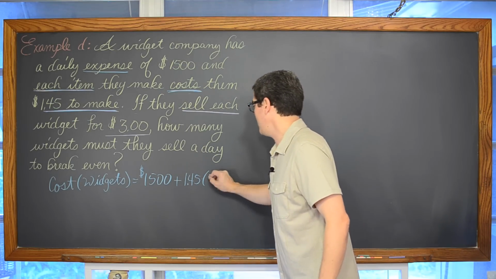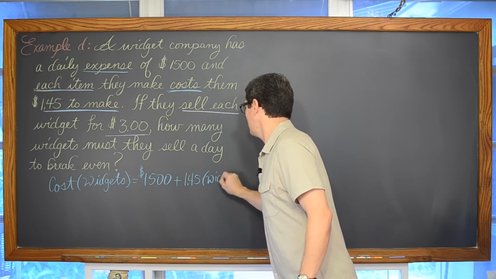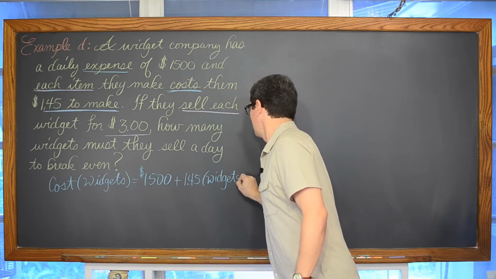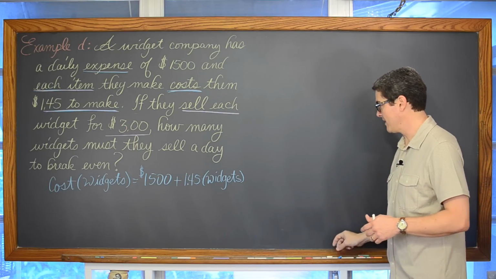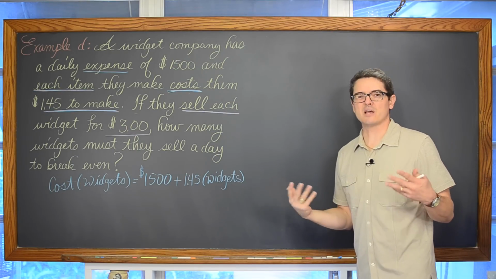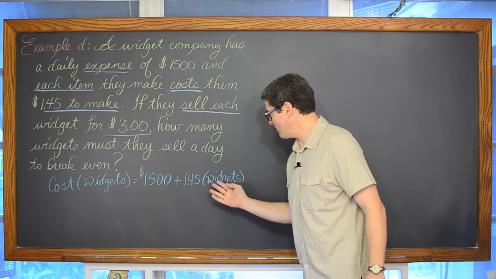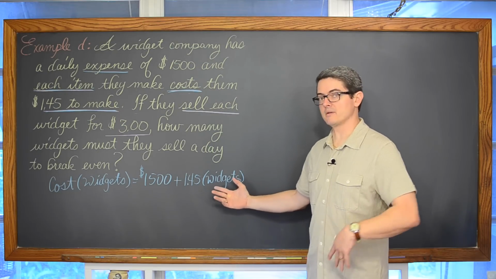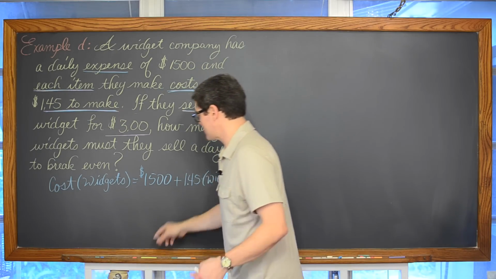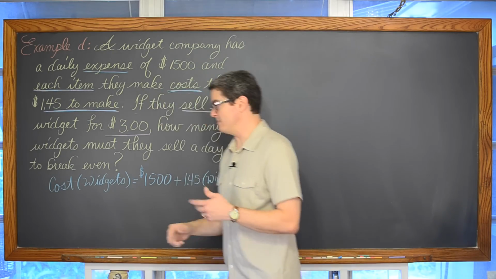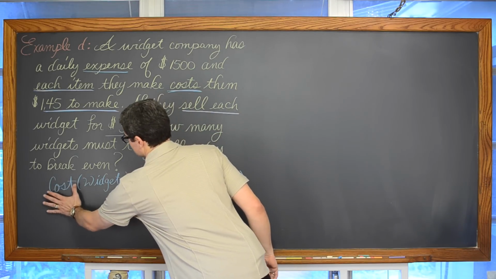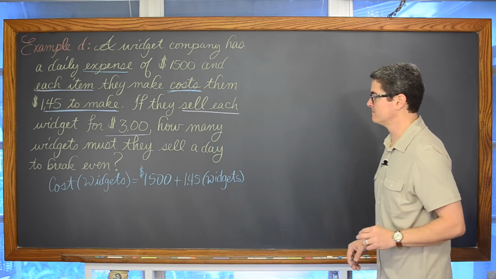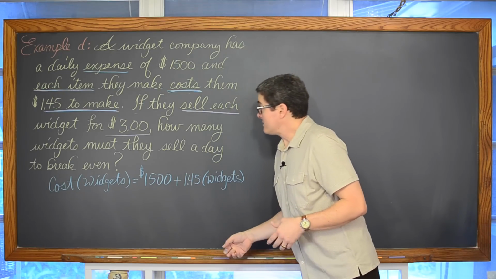So we have $1.45 times the number of widgets. I like writing my equations, especially in early algebra, using words. Widget is just a generic word for something that's being made, maybe watches or earrings. At least it's in words, and you can see that the final answer is going to be the cost for all of this production.